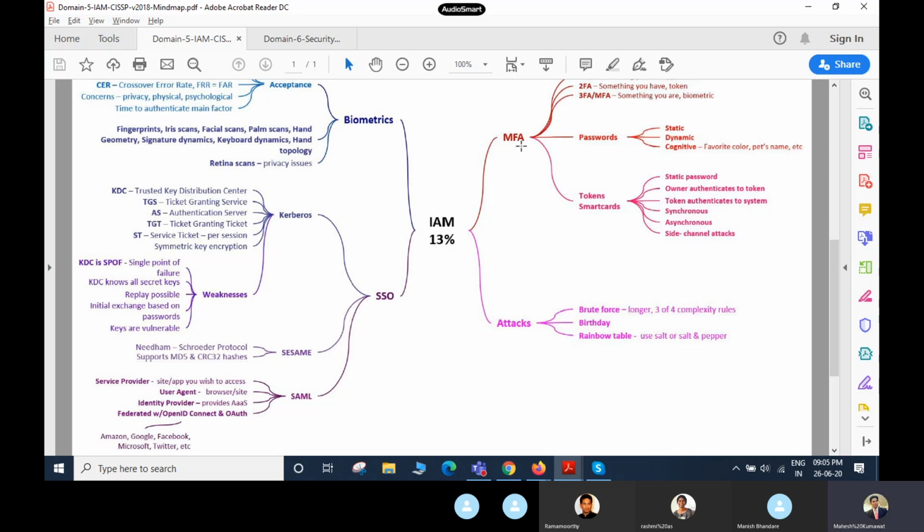Suppose Manish is going to be part of AWS cloud computing or Azure cloud computing, and he's going to use MFA. At the same time, Saptarishi is also using multi-factor authentication on AWS or Azure. So the technology remains the same, but the processes, guidelines, baselines and policies are changed. So how are you going to implement all those things? This is what I'm talking about here